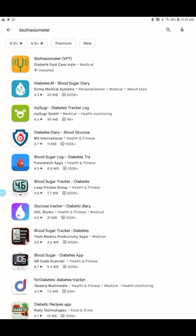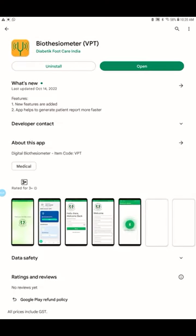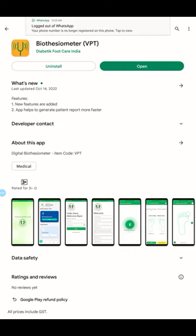So you get the Biothesiometer VPT Diabetic Foot Care India. So you have to select this, but since I have already installed, it is saying open or uninstall. But when you are doing the first time, only the install button will be there. You just click install. Depending upon your speed of internet, it takes a few seconds to install the Biothesiometer. Okay, so once you install that, then we go to the